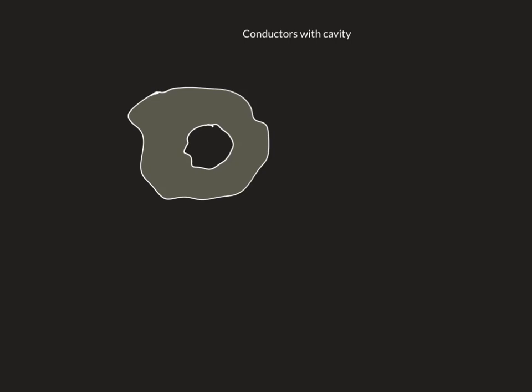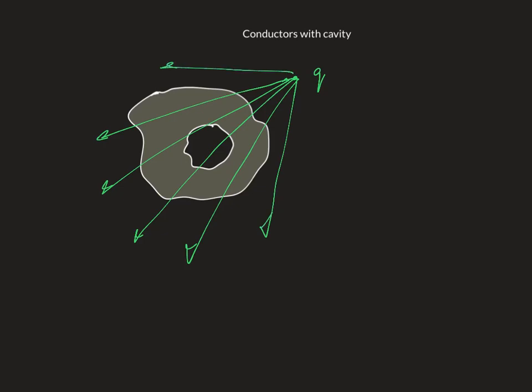Now let's say there is a charge outside, and let's say here there is a charge outside. Now again this charge will emit fields that will pass through the conductor. Some fields will not pass through the conductor obviously, and then what's going to happen? The negative charge on the conductor will assemble on the left side, on the right side, and the positive charge, equal positive charge on the conductor will assemble on the left side, and there will be a field,